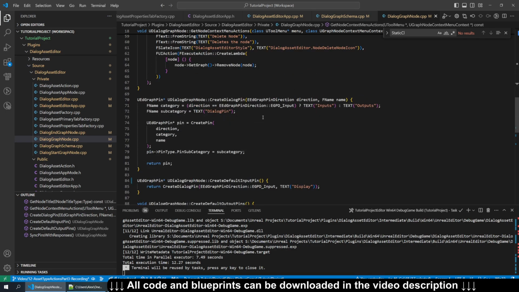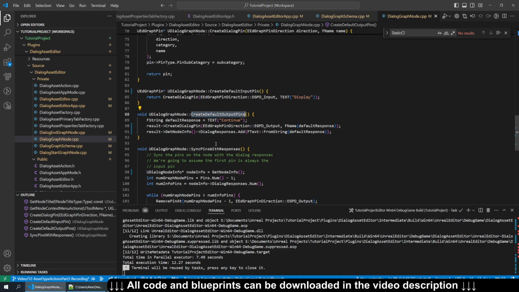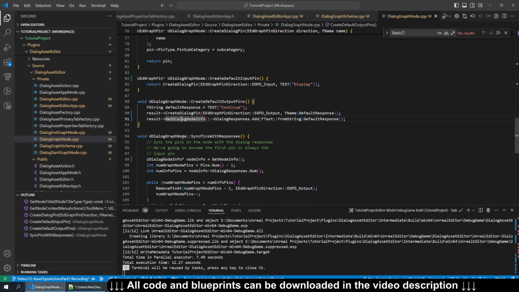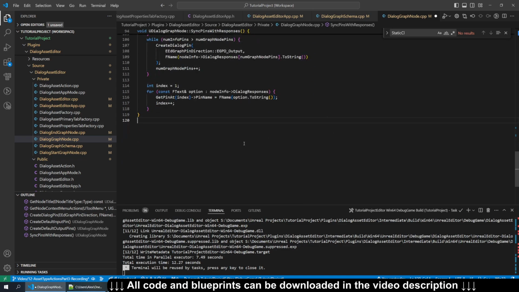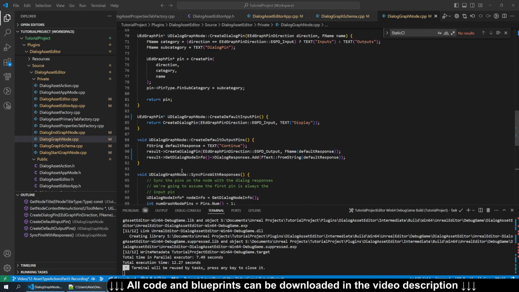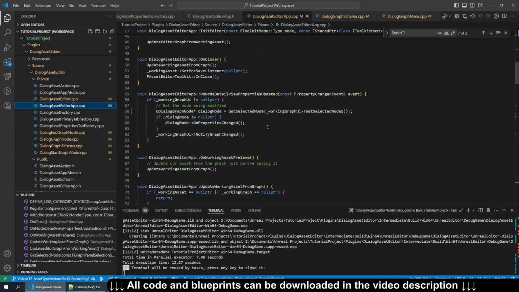And similarly down in create default input pin, or output pins rather, we want this to be get dialog node info as well as we do here in sync pins with responses. Oh, and I didn't even notice these results shouldn't be there anymore since we moved it to within the class itself. And sorry to keep jumping around, but one more thing to do back in DialogAsset Editor app is there's